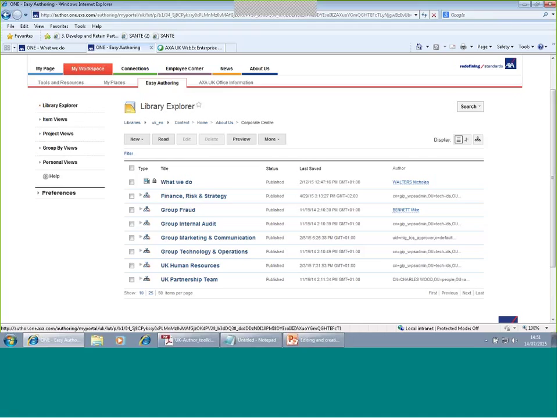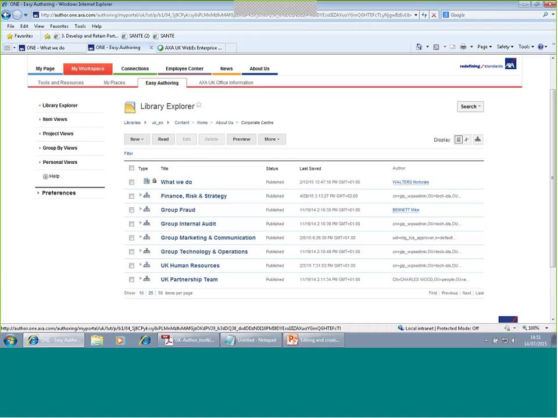So it would always be default site area template. So let's call this new site area for training. That's the name that will be added to the navigation. You can also add it for display title as well, which is best practice. And you don't need to select location because it already knows, because of where you're working, that you're adding a child into corporate center, the last child on this occasion. And you don't need to publish it either, because this is a container, a pure site area. So if I click on save and close now,